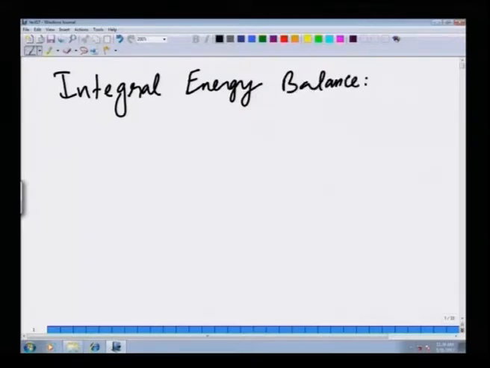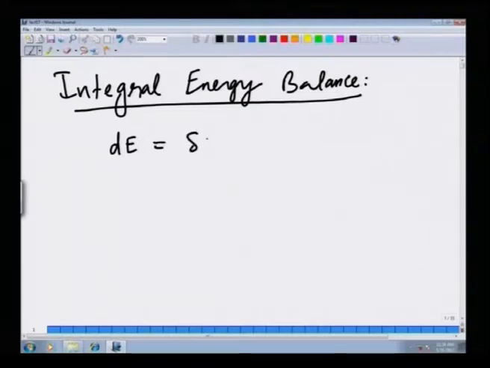In order to derive the integral energy balance, the underlying fundamental principle is the first law of thermodynamics, which says that the change in total energy of a system is equal to the amount of heat transferred to the system minus the amount of work done by the system. Okay. So, this is heat into the system, this is work